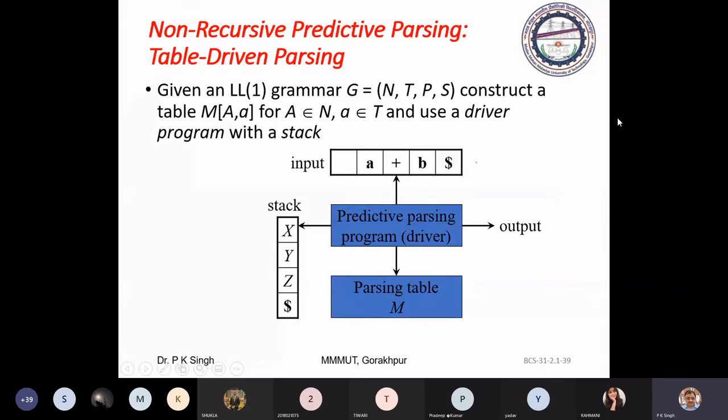So LL1 parsing, see the structure. This parser is a non-recursive predictive parser used for top-down parsing. In this parser, we use an input string buffer, where we keep the input string, a special data structure, a special memory area defined as stack, a predictive parsing program, and a parsing table. So this predictive parsing program is